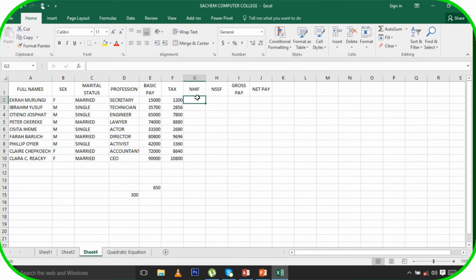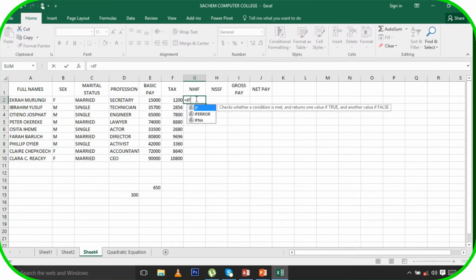Now after putting those two figures, the one in E14 and this one which is now D15, you can come and put equals IF open bracket, because still you have two arguments. It means you have to use the IF function. If you are married, equals in quotes married, close the bracket, you put comma, and now for this formula you have to put